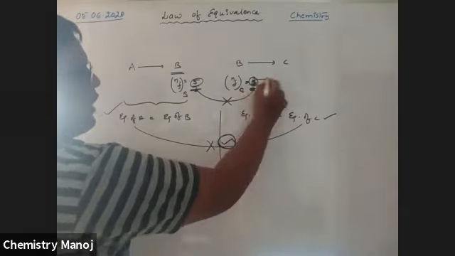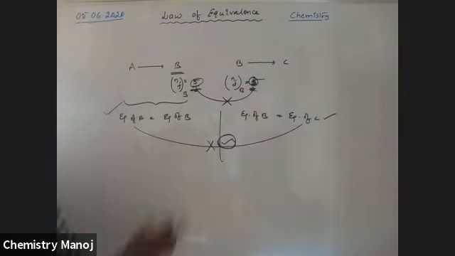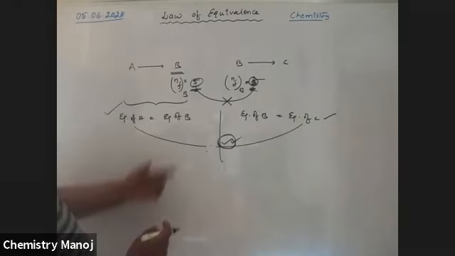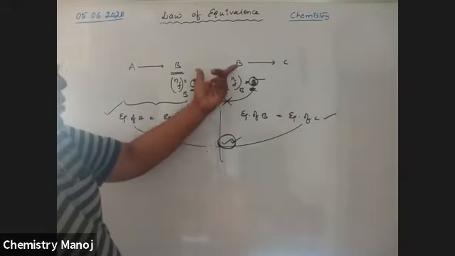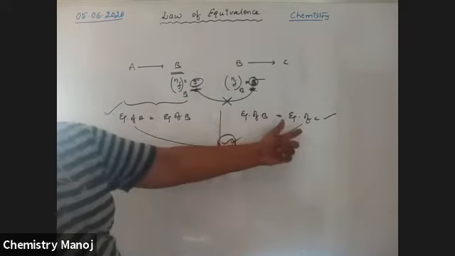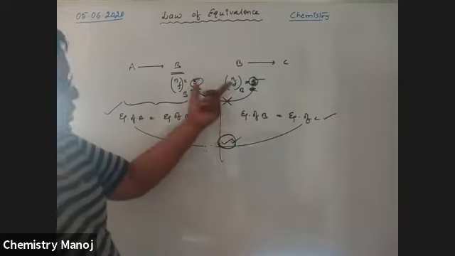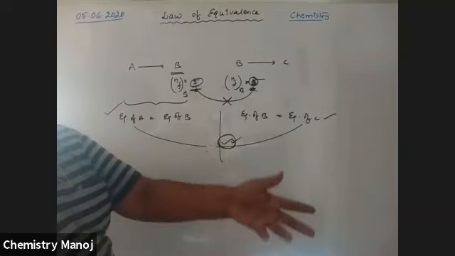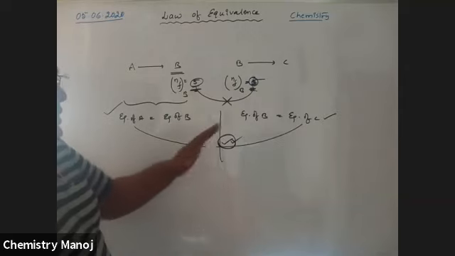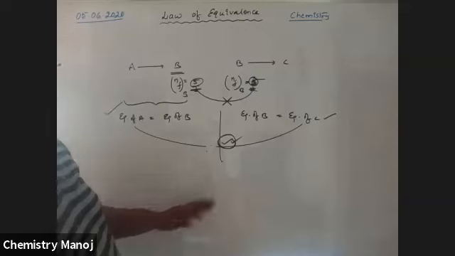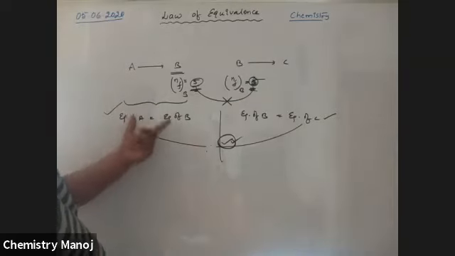For example, if it is also 5, that means the n factors of B in both cases are the same. Now it is possible. Then equivalence of A is equal to equivalence of C. If these two n factors are not the same, it is not. During problems, we will clarify the concept. Please wait, it is a concept, so we will explain it in your problems. Very, very important, so this is confirmed.